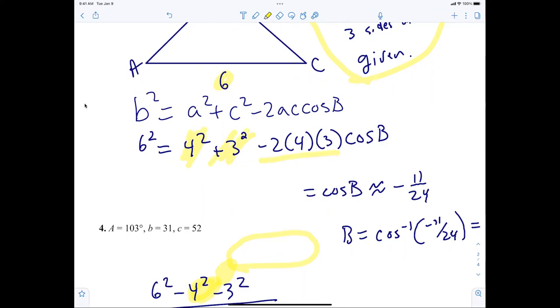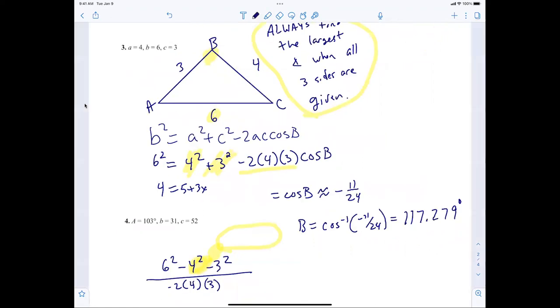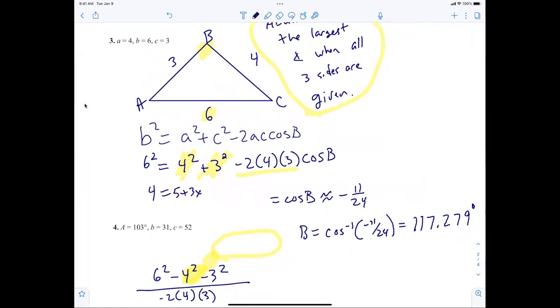You know that. That's honestly like this. It's like 4 equals 5 plus 3x. How do I solve that? And then it looks more complicated, but it's not. You with me on that? Yeah. All right. So now that we know what B is, I can put